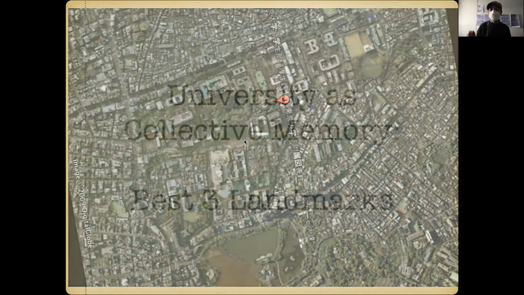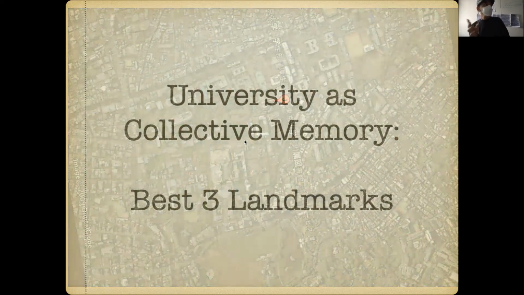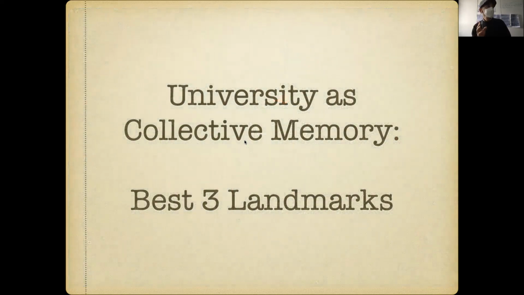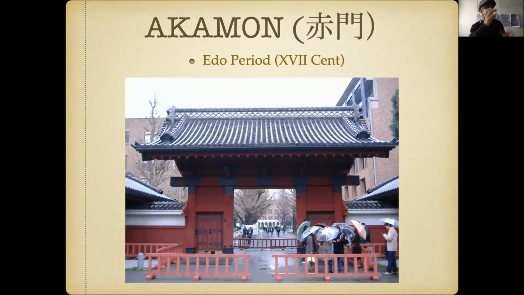So Tokyo University has something similar to Korea University in terms of being in the center of the city and being part of the city, right? Akamon, the Red Gate, is one of the original gates of the palace, which has remained. Of course, here it is a wooden element, so it has been rebuilt many times. It is the original gate. And this is one of the most famous tourist spots in Tokyo, right? So this is a group of tourists taking a photo with the guide speaking about the Red Gate and so on.